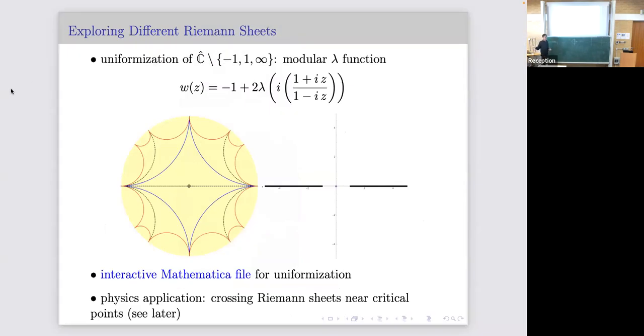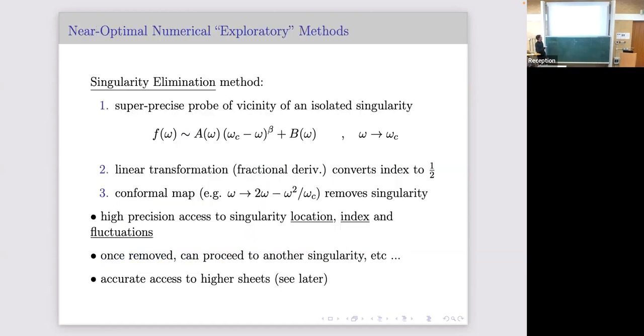If you want to play with this, it's on Ovidiu's webpage. It's a Mathematica notebook. You can just get used to what's happening in these maps. But just drag it around with me for a while. Yeah, so if you apply that modular lambda function, you have some other singularities, not redundant. You think when you still get some branch points in your disk as well. Yeah, I'll show you this.